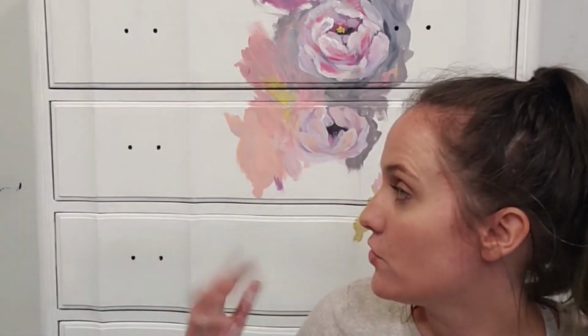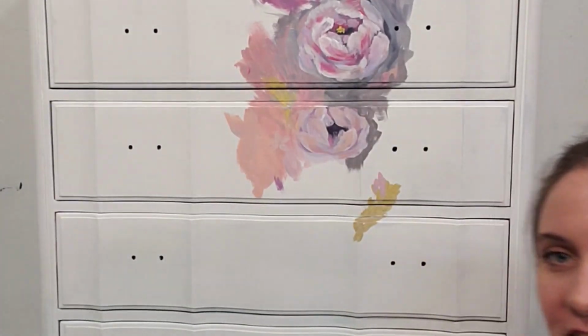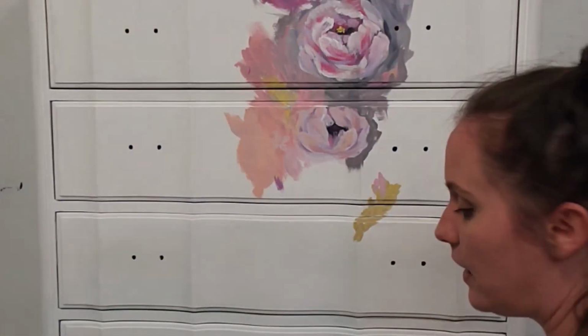We are going to be working on this dresser behind me, and I'm going to be painting some flowers into it. Today I'm just getting that background in. It's a new one, and we're just getting started on it. I will be using,